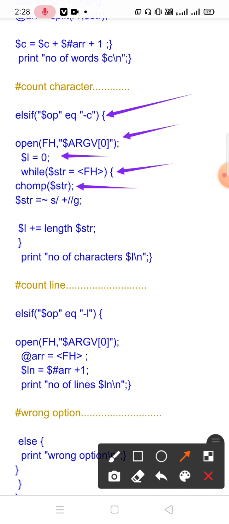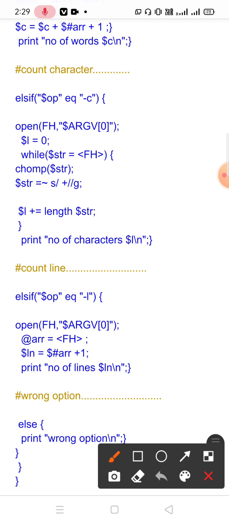Now here we are removing all spaces from the line. One or more than one space will be replaced by no space. Now we are taking the length of that line. This will give us the total number of characters. So in this case we are neglecting the white space characters, that means space or tab, and we are also neglecting the new line character. So this length will give us the total number of characters, that may be letters or numerical digits, and that will be stored inside $l. So print number of characters $l.